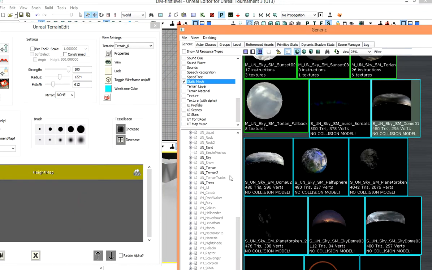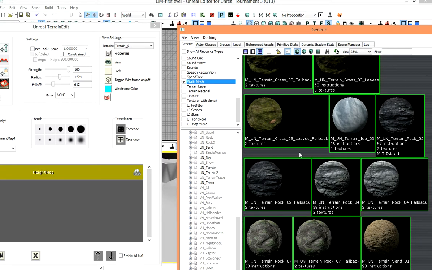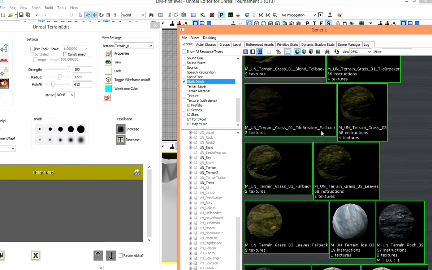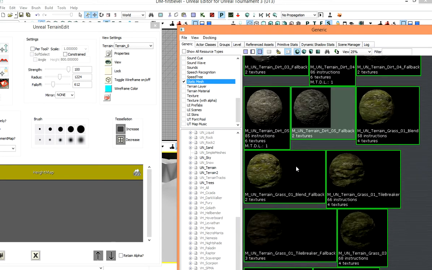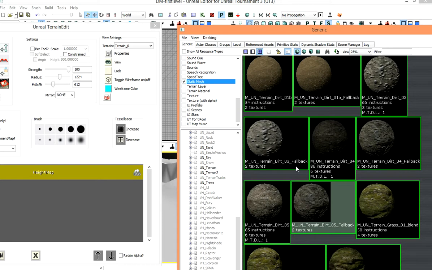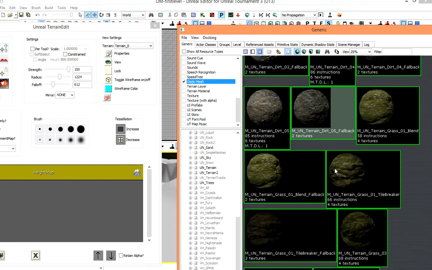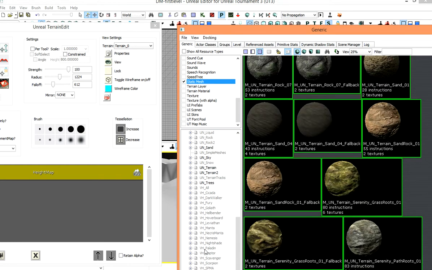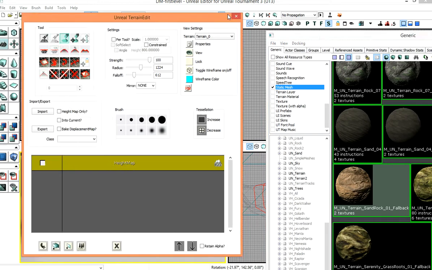I'm going to go ahead and look for, inside of my terrain, a nice texture to go across that level. I'm going to use this terrain dirt. Actually, I want a rock, not grass. I want a really rocky surface that will look like the side of these mountains. Maybe something like sand rock. Yeah, that'll work. So I'm going to select sand rock here,